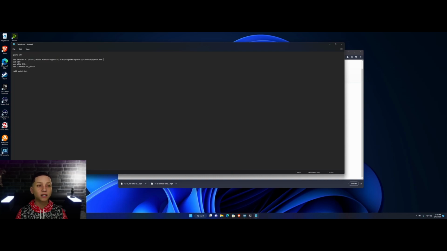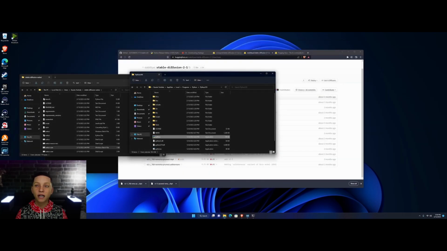And also, before we exit out of this and save it, right in between where it says set command line args and call webui.bat, we are going to type in git pull. And what that's going to do is, each time we start up Automatic1111, it is going to update it as well. So that way we're always running on the latest version of Automatic1111. All right. So now that we have that in there, we're going to save, close out of that,